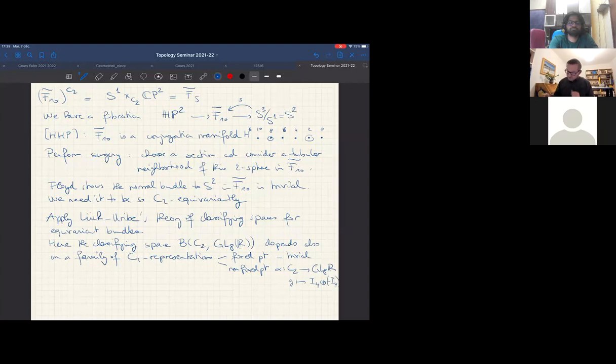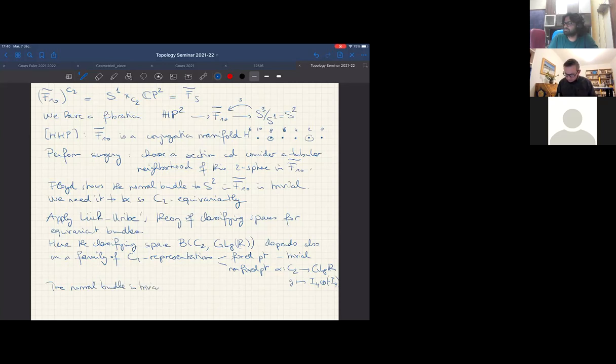So this is the family of C2 representations which appear in this setting, and they allow us to construct such an equivariant classifying space. So now the nice thing about the theory is that the normal bundle